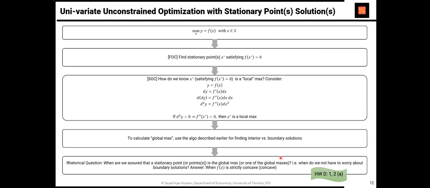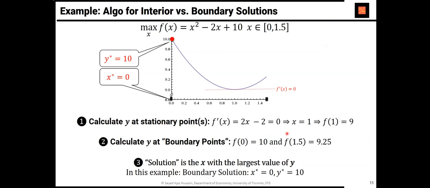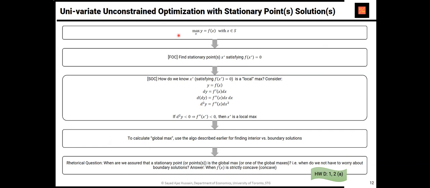So going forward, you realize that the solution could be interior or at the boundary. Here's a general procedure for solving single variable unconstrained optimization problems. Begin by stating the problem. Find all stationary points. These are your places inside the domain where maybe the slope is 0. And of course, I just noticed a typo. This should be f prime x. This should also be